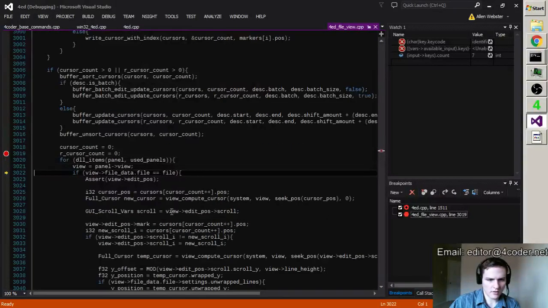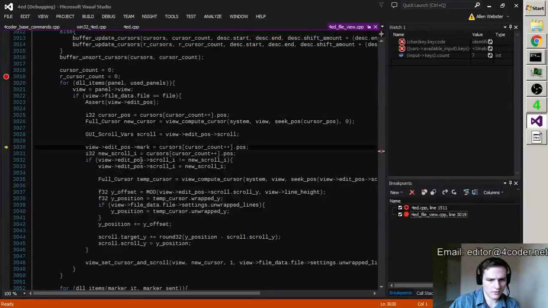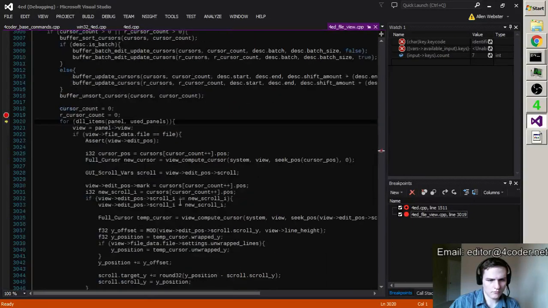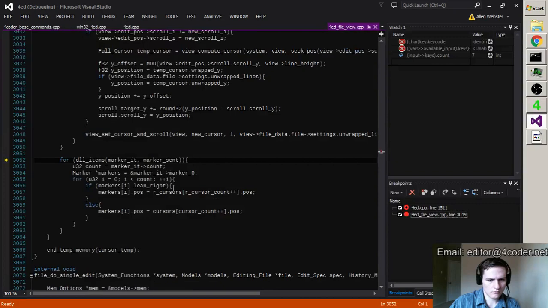Goes to the other view. Does the other view go differently? Well, it doesn't look like it. Checks the markers. This one leans right, and we end up with a 1. Perfect.